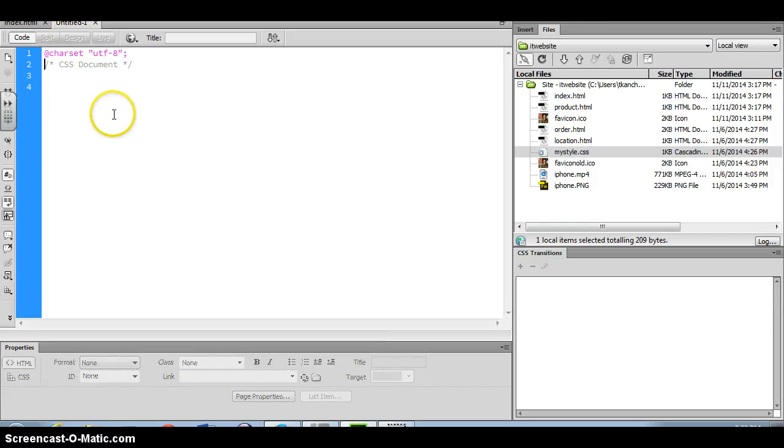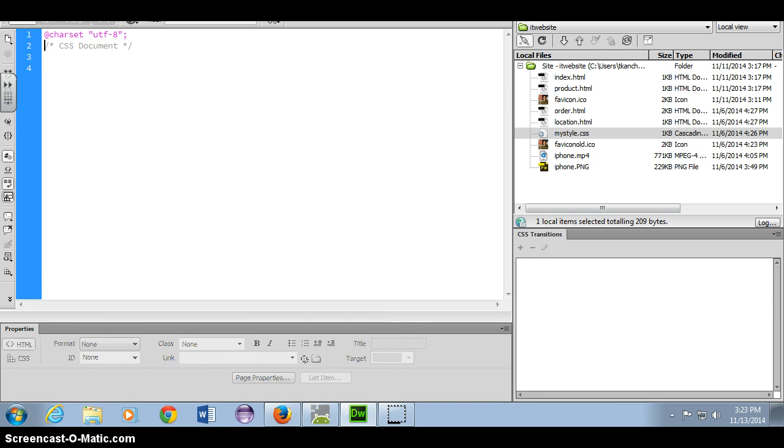So I'm going to show you how to create CSS. CSS is cascading style sheet. Pretty much just make a style to your page. I'm going to show you how to create the CSS from